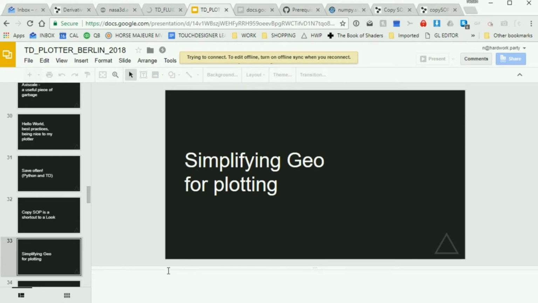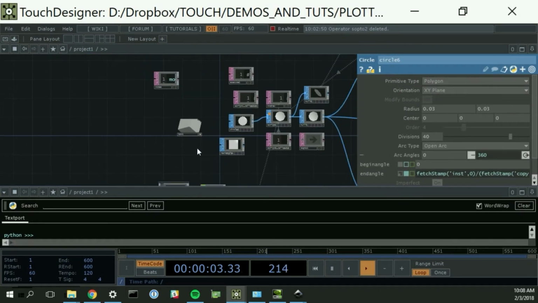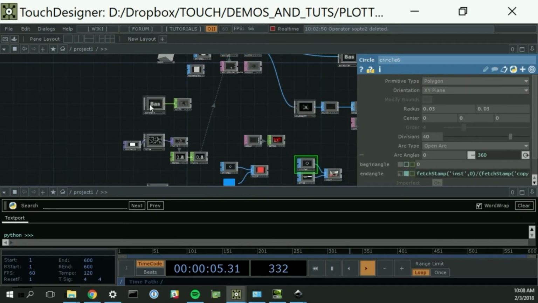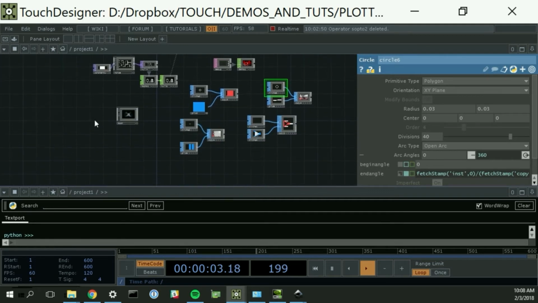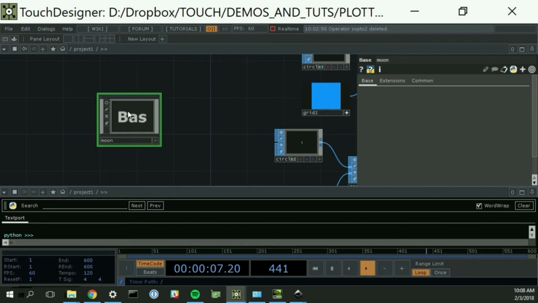Oh, this is a special request from Isabel. So I'm just going to show you this real quick. There's a piece of geometry that you can't get because it's large and it's in STL format, which is a pain to convert. But I just want to show you a quick, and again, I'm not a SOPs man, but